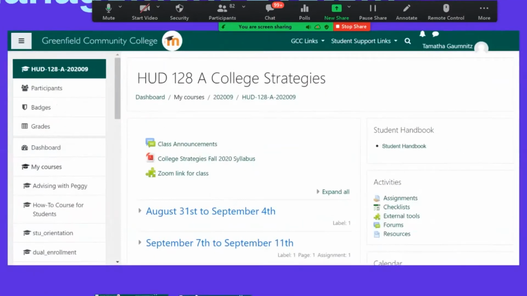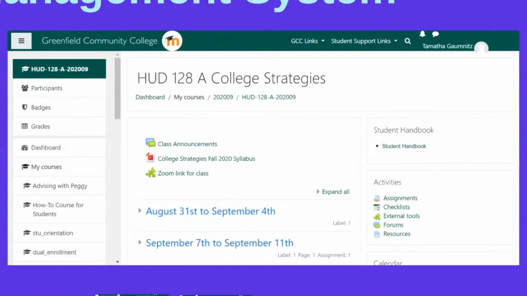When you go into a class, it's going to look something like this. All right, here's something that's really important to know. Each of your instructors is going to set up their Moodle site differently than your other instructors. Everyone has their own way that they like to organize things. So one of the things you want to do is for your classes that have their Moodle sites available ahead of time, and not all classes do, but they will be available the first day of classes, you want to go to that Moodle site and check it out and just to kind of familiarize yourself with how that instructor has laid things out.